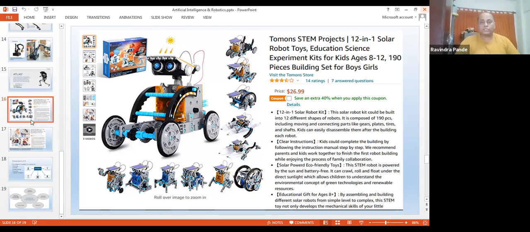So we're going to build a robot called the Thomas STEM project, which is easily available. It can come to you within a couple of days, and we need to assemble it. There's no soldering required, but yes, we need to clip it and tighten it with a screwdriver. I believe